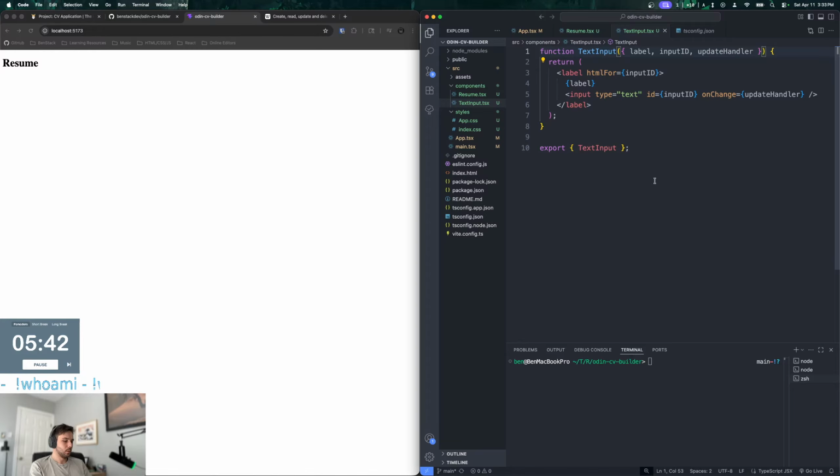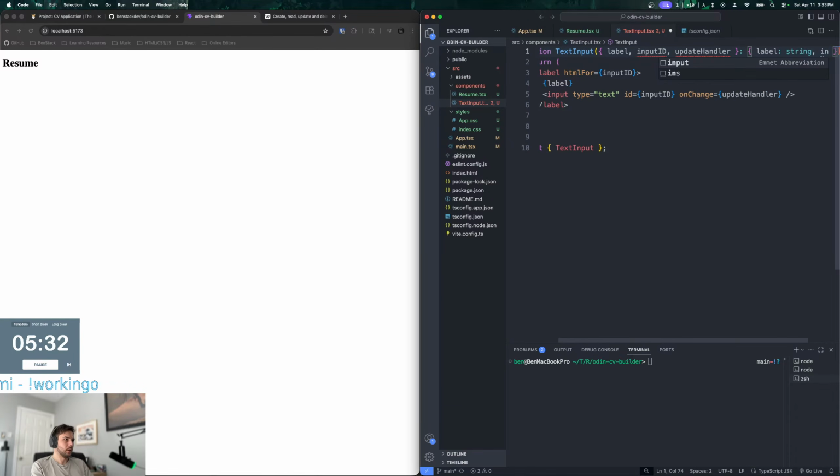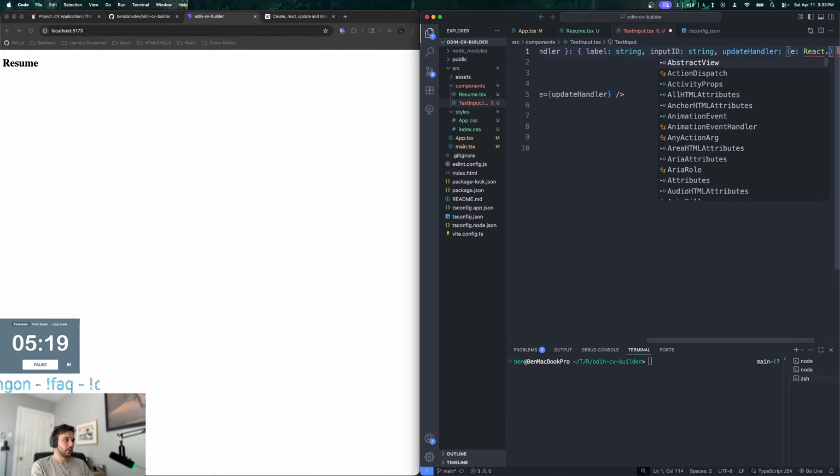So I think, what was our, it was like label. This is the way we typed it, right? It was like this. Input ID is a string as well. And then update handler was React dot event.